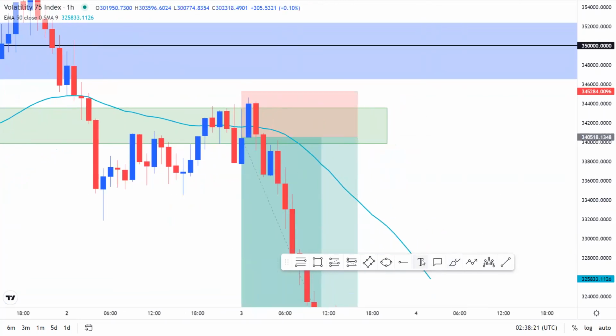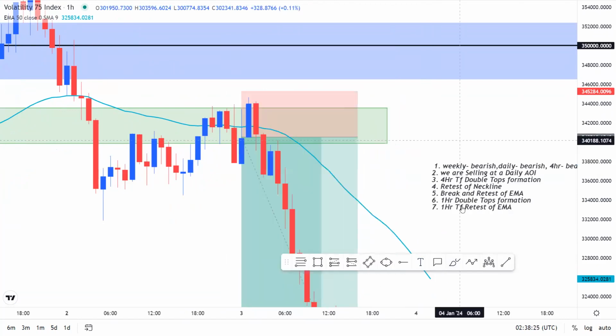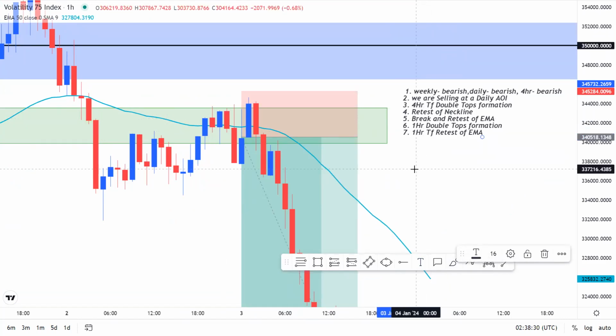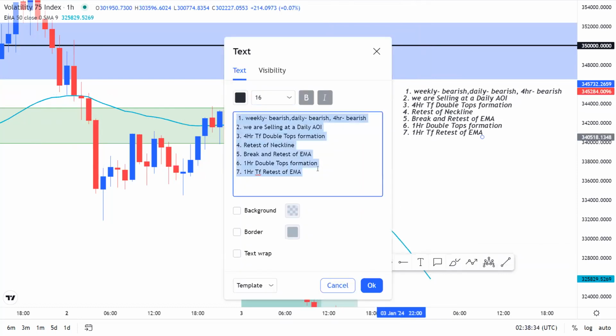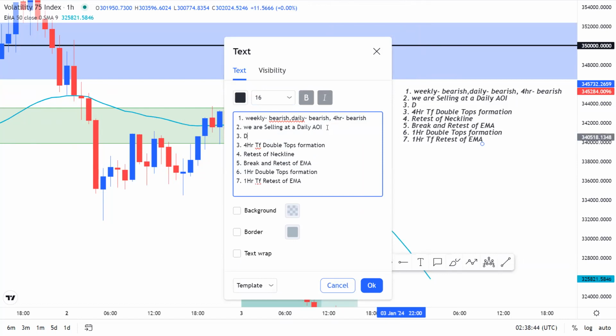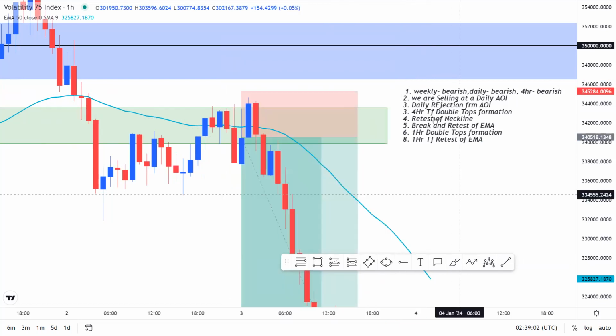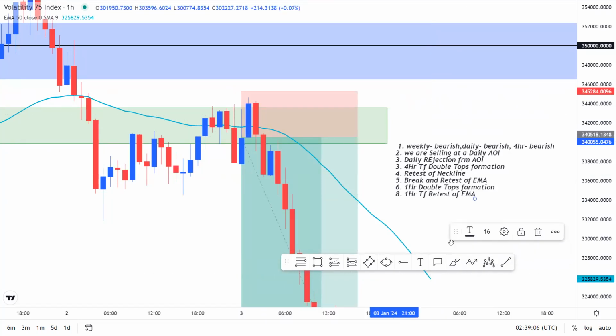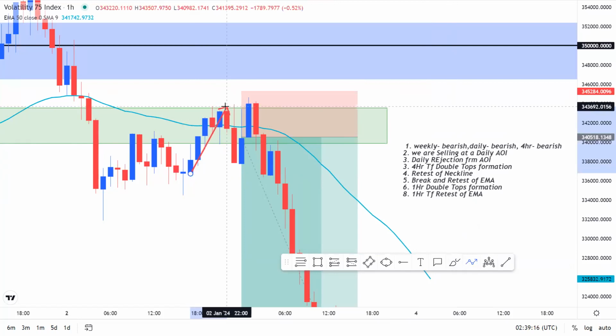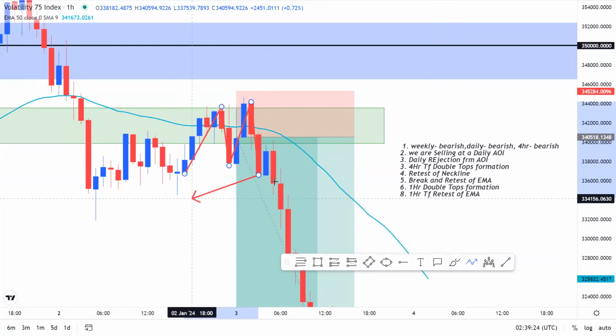And then again, even more confirmations from the 4-hourly time frame, we're having to see as soon as we tested the neckline of the double tops from the hourly time frame, we had also yet another reversal chart pattern, an M pattern, which is a sell reversal pattern with more confirmations for selling,